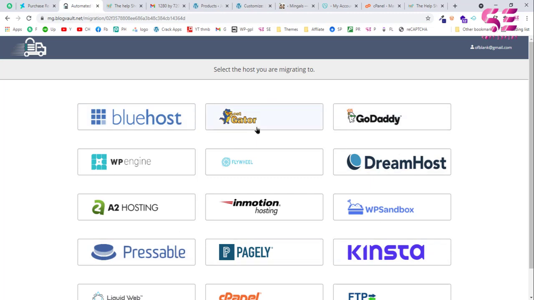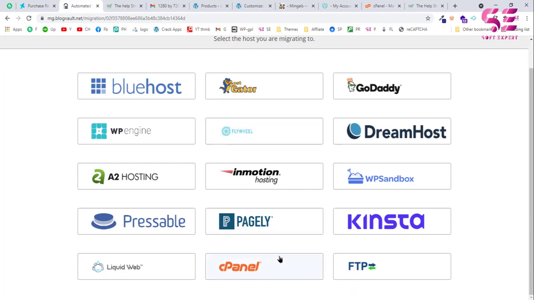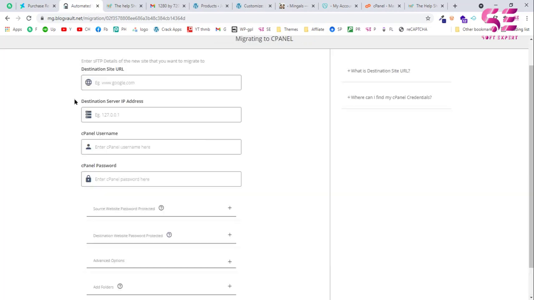And in case you don't have the login for the hosting, for example you are working for a client and you only have the cPanel login, then you can choose this one. You can also choose FTP if you have the FTP login. So this is completely dependent on you. So let me show you the cPanel method which you can use for any type of hosting, as any type of hosting has the cPanel. So if you have the cPanel login, just select this, and here you need a few things, which are the destination URL, your IP address, your username and password. So all of these can be found inside the cPanel.